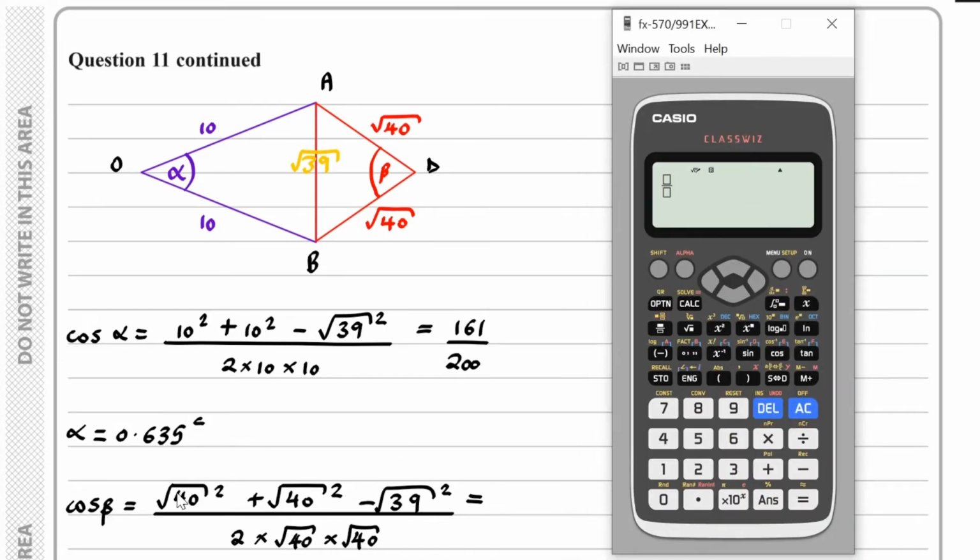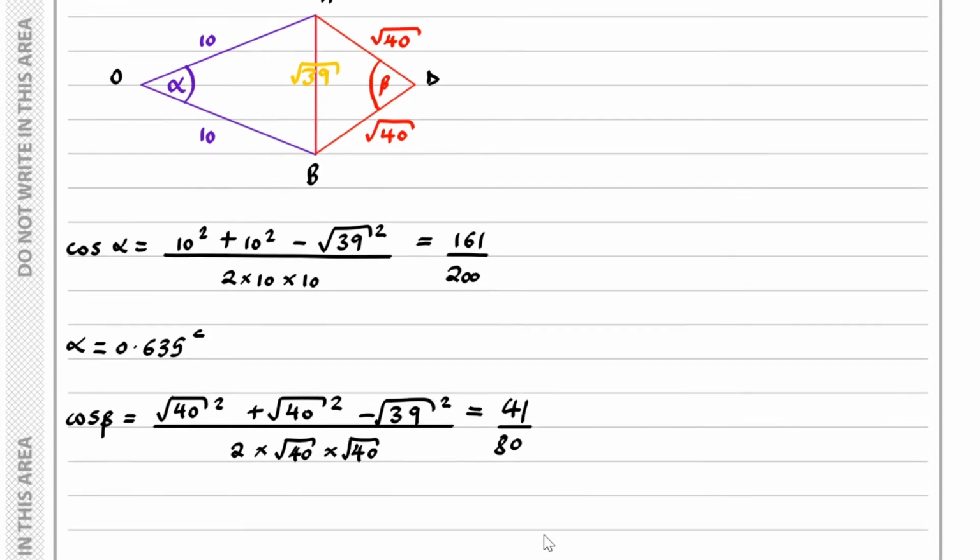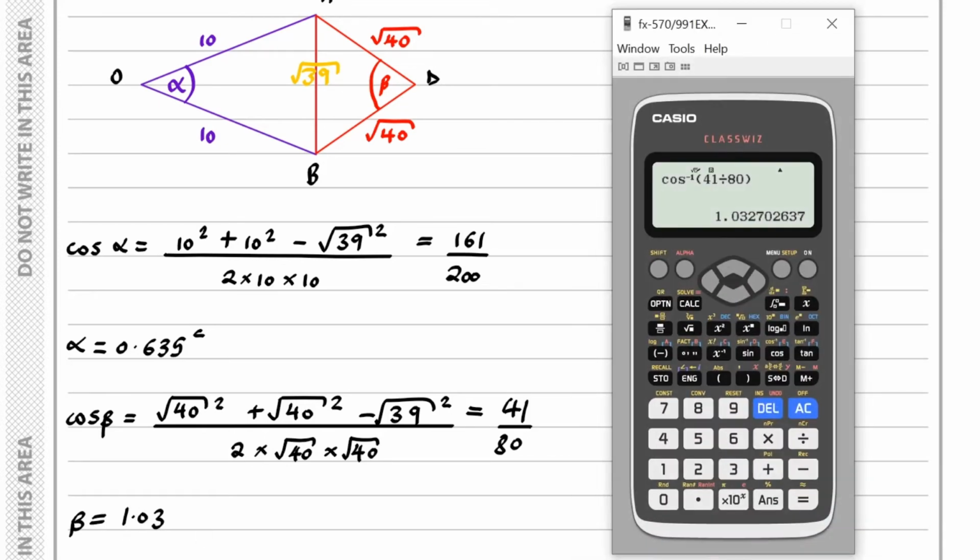So here we have 40 plus 40 minus 39, that's 41, on the bottom we have 80. So here we have the inverse cos of 41 over 80, so that's 1.03. So therefore beta is equal to 1.032